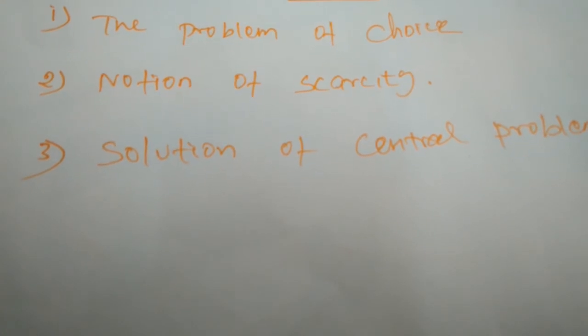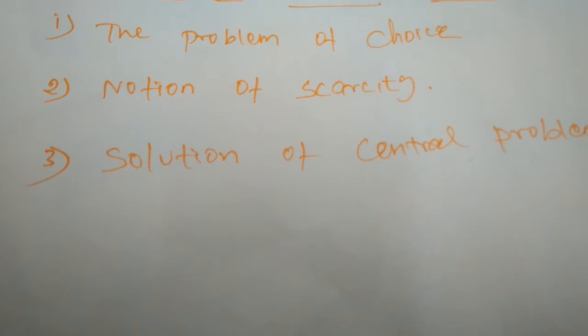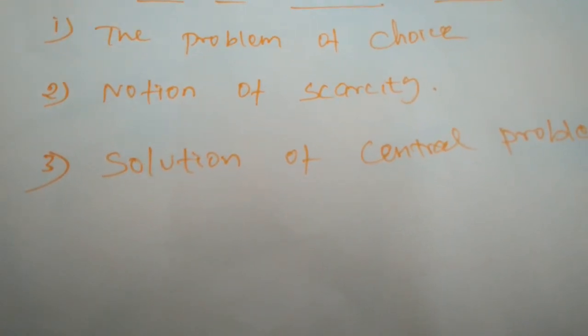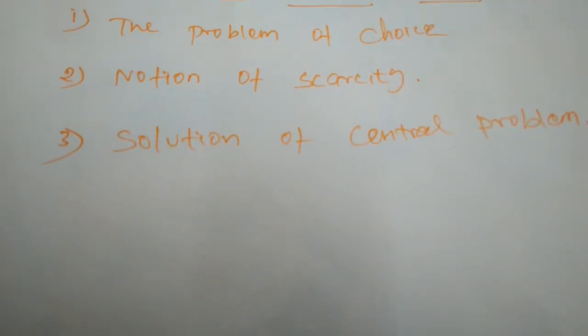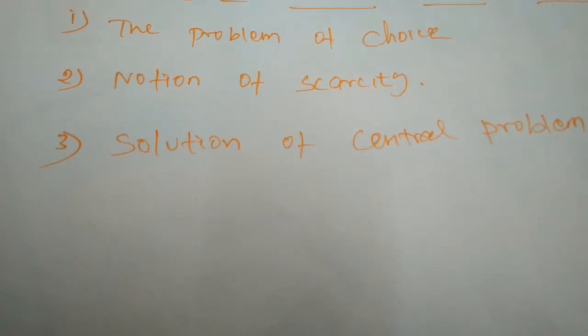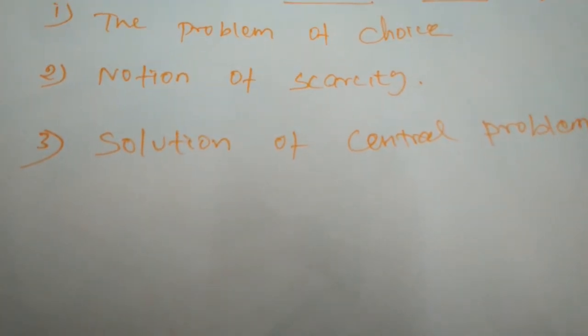But in economics, scarcity is a fact of life. The production possibility curve reflects the constraint imposed by the element of economic scarcity. So whenever we are going to produce under scarcity, we can come to know it by using the production possibility curve.